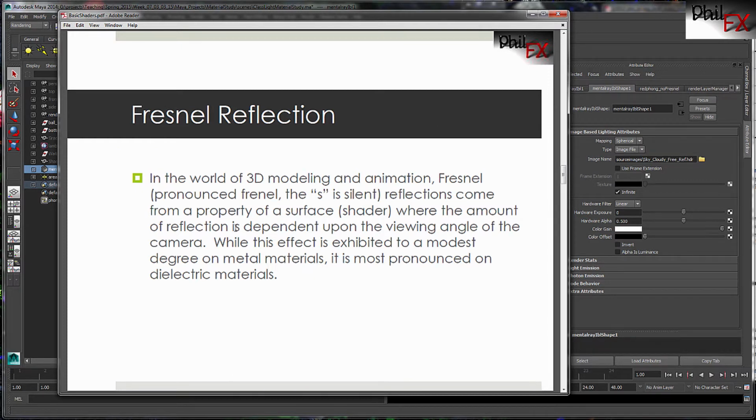The last thing I want to talk about is Fresnel reflections. Fresnel reflections in the 3D world come from a property of a surface shader where the amount of reflection is dependent upon the viewing angle of the camera. Everybody has probably seen this, although maybe they didn't know what it was called. If we go to the next slide here,